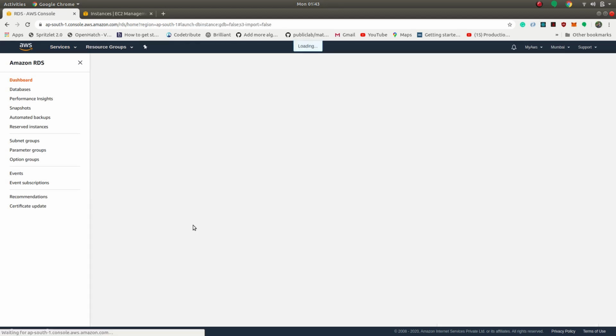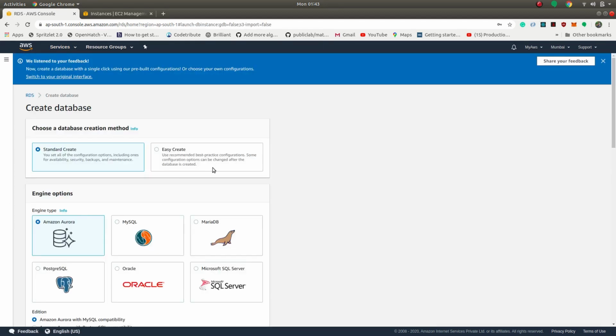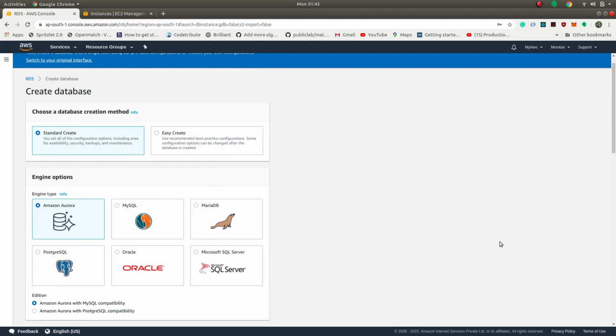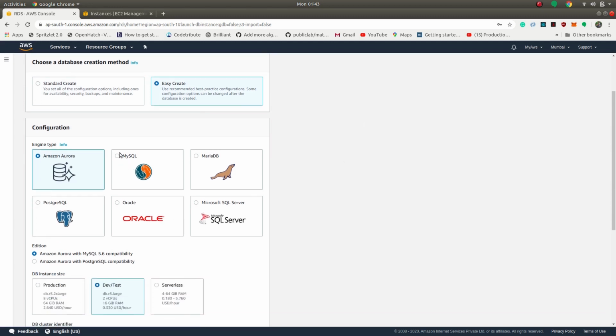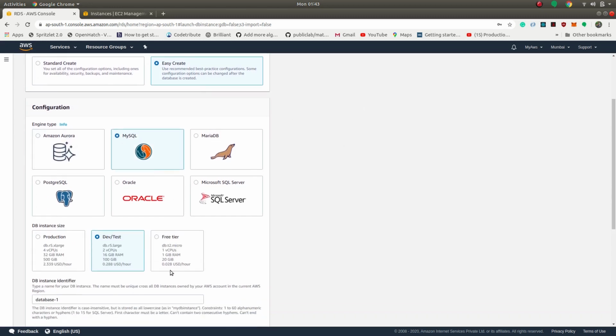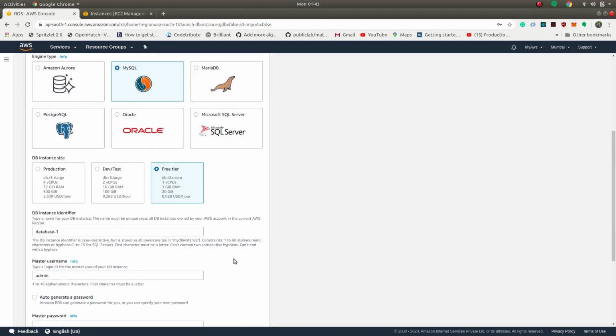Click on create database and then choose easy create. Basically we are not looking in depth at how to create a database and what the right settings should be. So we'll just use easy create, which has recommended best practice configurations. We'll use MySQL and we'll choose the free tier.